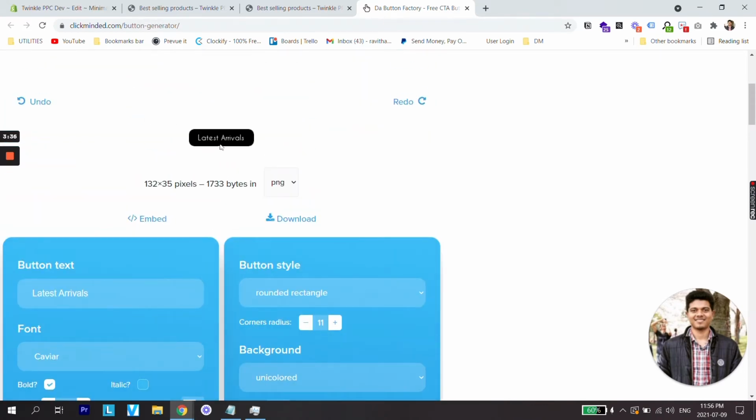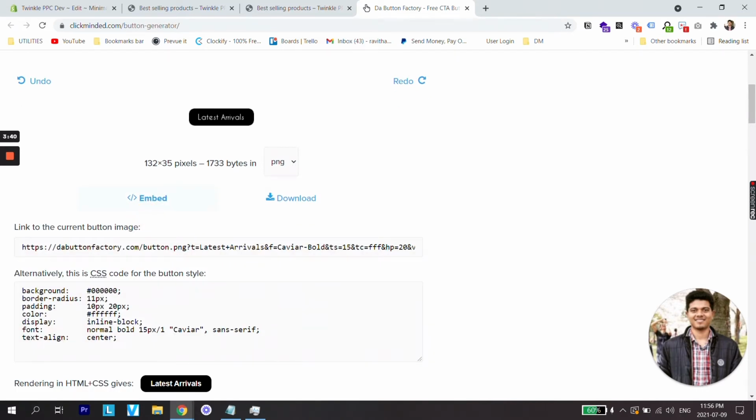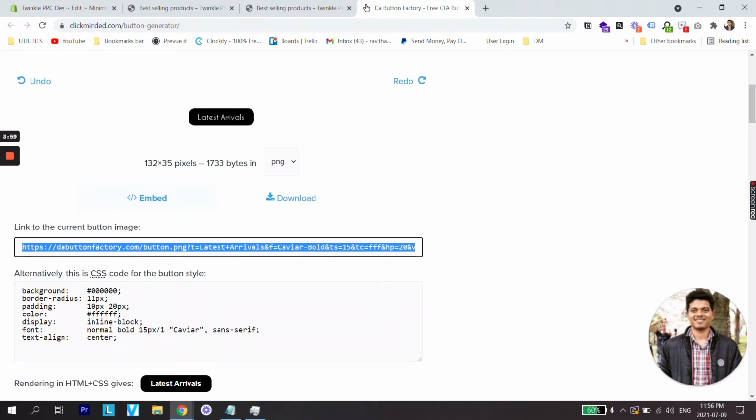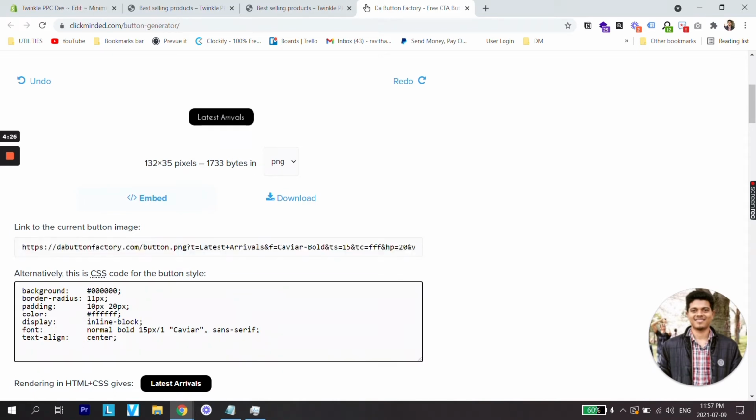Once you finalize the look of the button from this website, click on embed, and from here you will find a CSS code. Now there are two ways to add button. One is you can directly link the button through this link, but this way is not really preferable since it will look something like this, and sometimes if the image doesn't load on the browser, you might not see the button. So it's always preferable to add a button with HTML and CSS. And as we are following these many steps, why not just add HTML and CSS instead of just adding a